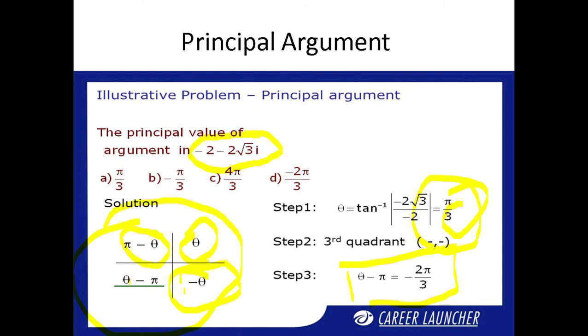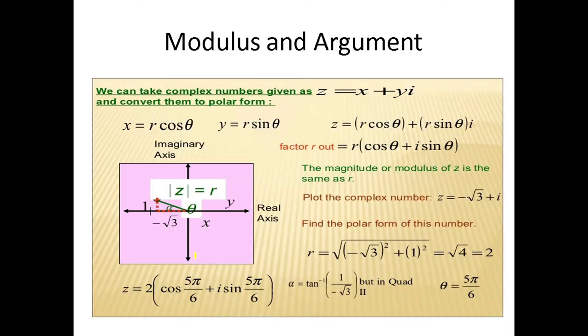We can take a complex number as given, z is equal to x plus iy. This is the basic formula. You also know its polar form is x equal to r cos theta and y equal to r sin theta. So we can also write z is equal to r cos theta plus i r sin theta. Then this is how you will plot this. Minus plus, so it is in the second quadrant, and if it is in the second quadrant, then you can calculate the angle like pi minus theta.